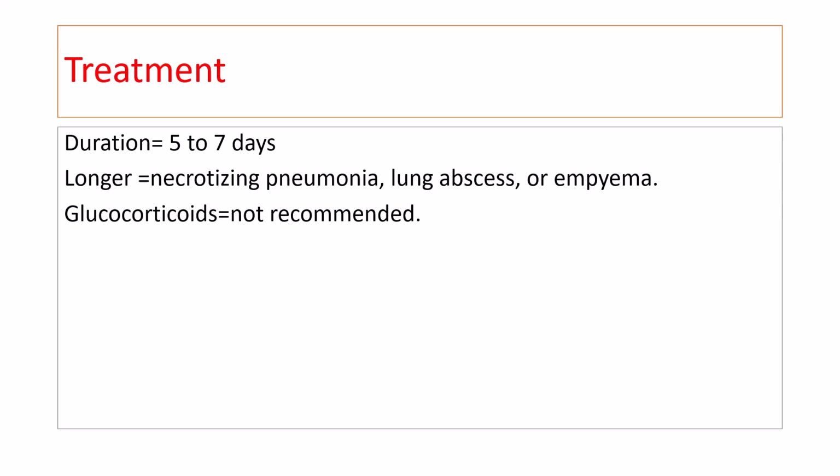On the basis of data from studies of community-acquired pneumonia and hospital-acquired or ventilator-associated pneumonia, we suggest 5 to 7 days of treatment for patients with a good clinical response and no evidence of extrapulmonary infection, and longer treatment for those with necrotizing pneumonia, lung abscess, or empyema. The choice of therapy should consider potential drug-related adverse events, including Clostridium difficile colitis and selection of antibiotic resistance. More data are needed to identify the best antibiotic regimens for aspiration pneumonia and to determine the duration of treatment. No randomized, controlled trials have shown a role for glucocorticoids in the routine treatment of aspiration pneumonia.